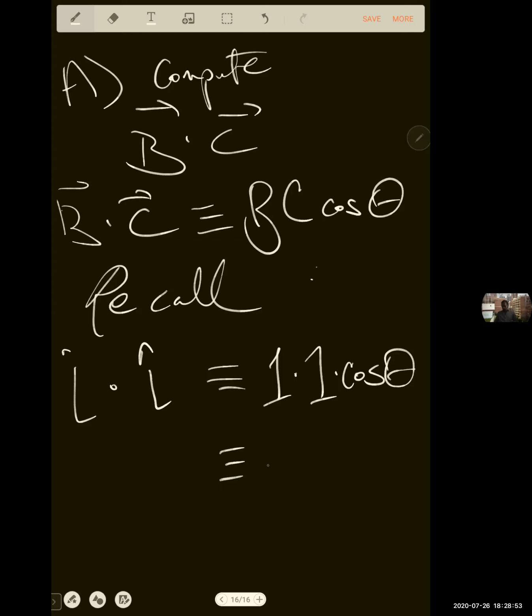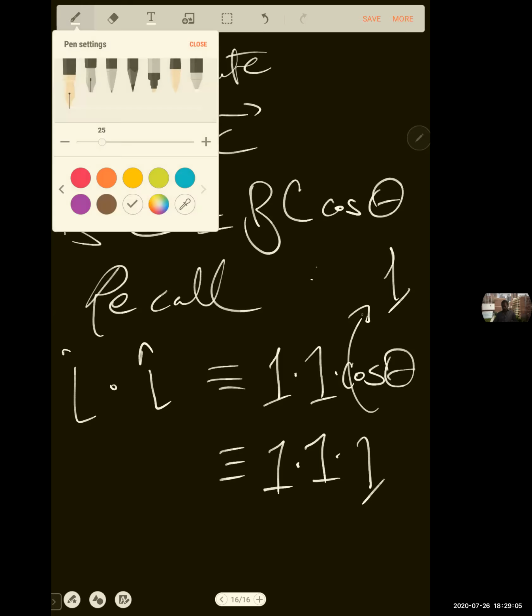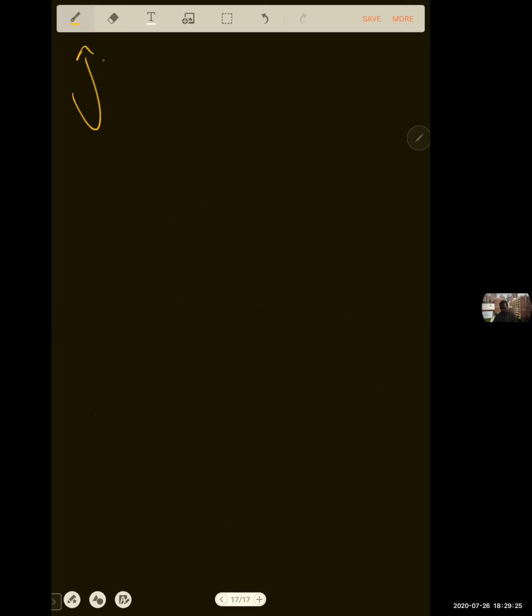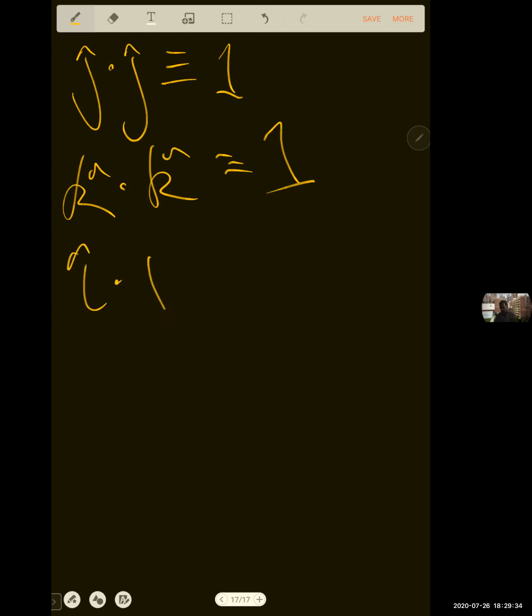So in other words, I'm dotting something with itself. So the angle between it and itself is 0. It's as parallel to a vector as it could be. It's parallel to itself. So i dot i is necessarily 1, okay? It has to be, it always will be. Not just any vector, but i hat. And similarly, by that reasoning, j dot j must equal 1, k dot k must equal 1,